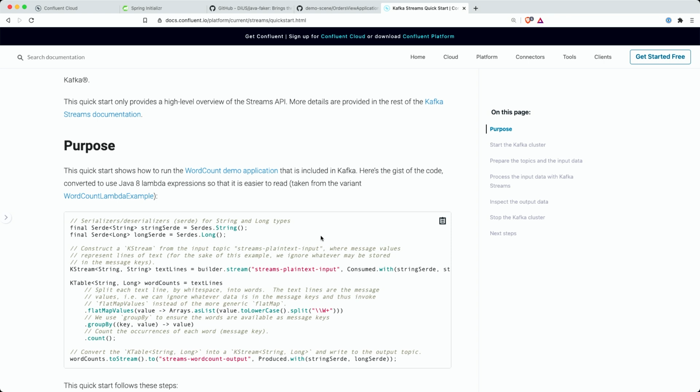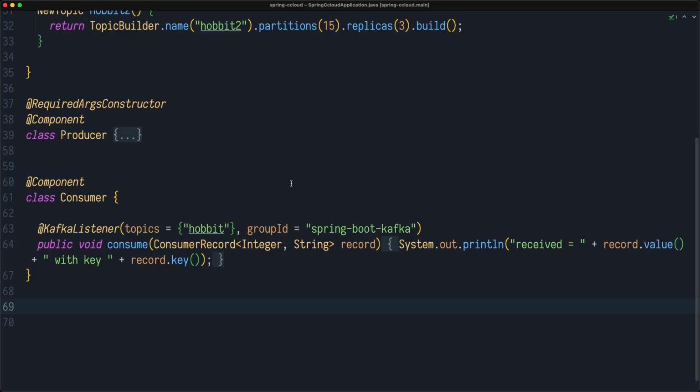For the sake of this exercise, I'm not going to start writing these Kafka Streams from scratch, even though it's pretty simple to do. I will use a quick start that's available on the Confluent website that already has everything that I need. So if you want to learn a little bit more about Kafka Streams, go to our YouTube channel or to developer.confluent.io. You can find materials about Kafka Streams. In this case, I want to show you some of the integration bits that are available for you in Spring Boot and Spring Kafka. Let's create another class called Processor.